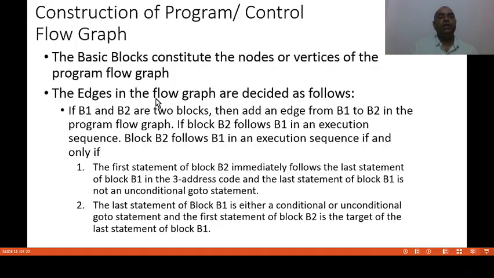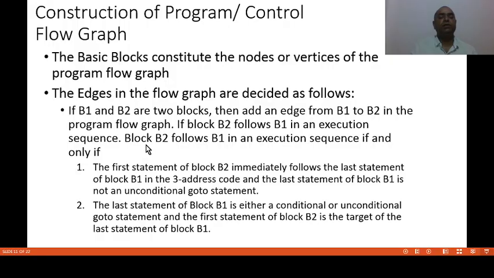The edges in the program flow graph are decided as follows. If B1 and B2 are two basic blocks, then add an edge from B1 to B2 in the program flow graph if B2 follows B1 in an execution sequence.